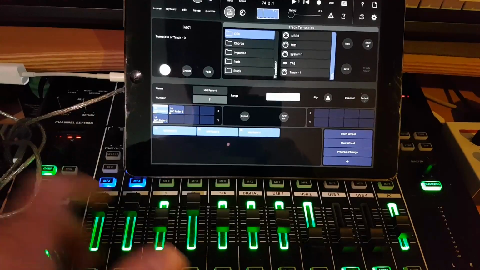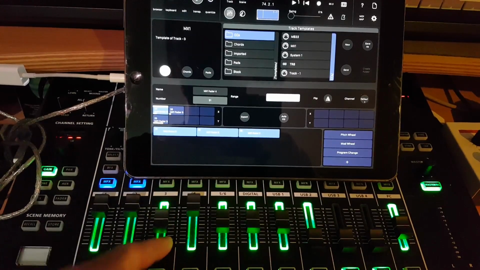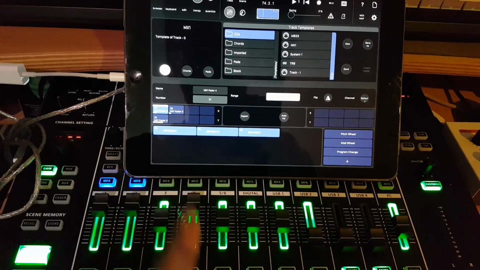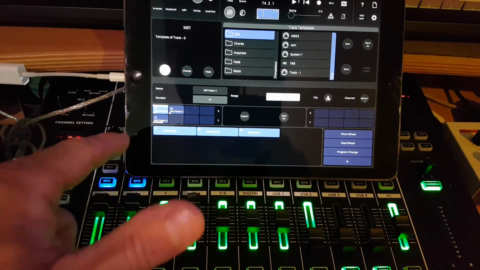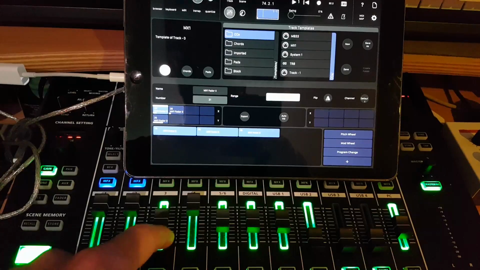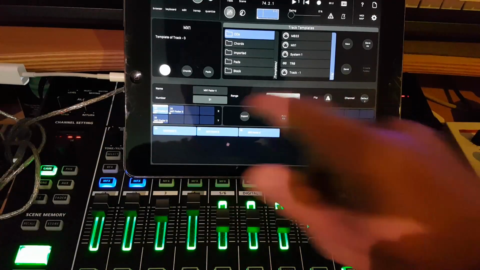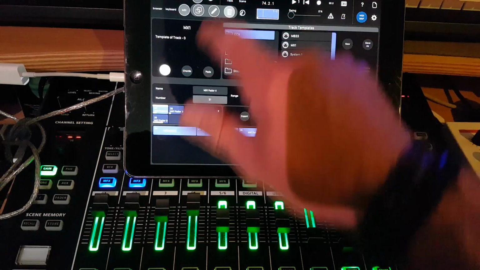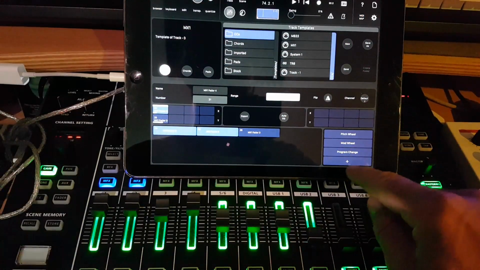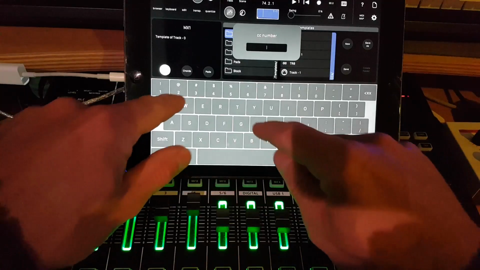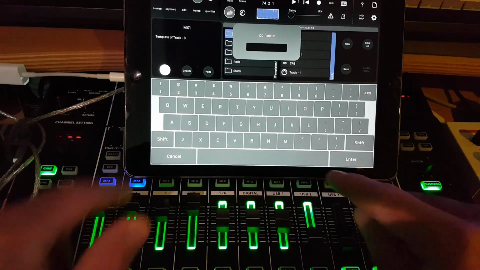So fader 2 is on MIDI CC 24, fader 3 is 25, fader 4 is 26. I'm just going to get rid of one, because I've got that one in there already. Okay, so if I want to set that up on here, all I would do is a little plus sign here, and we're going to go MIDI CC number 26, and we're going to call it